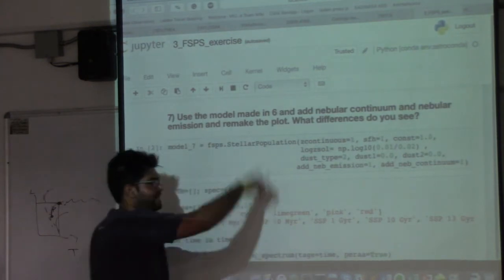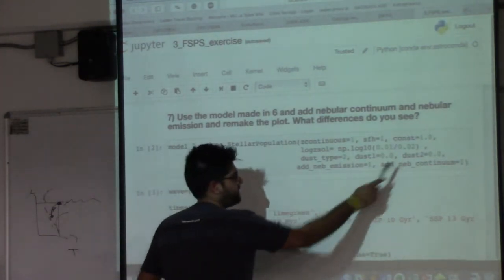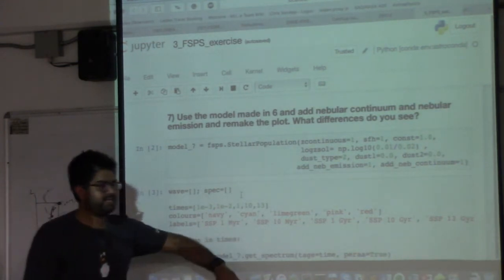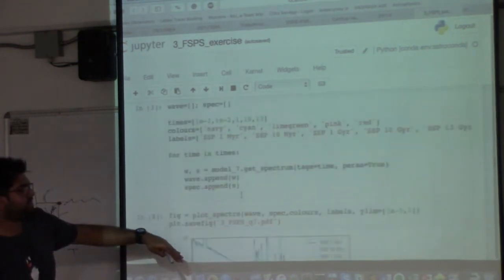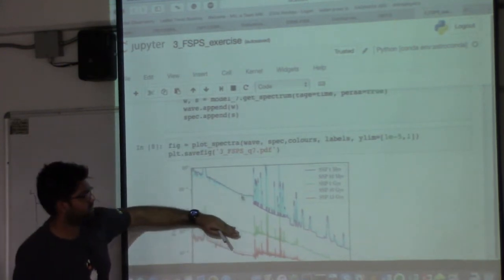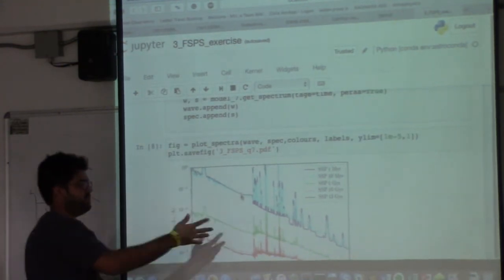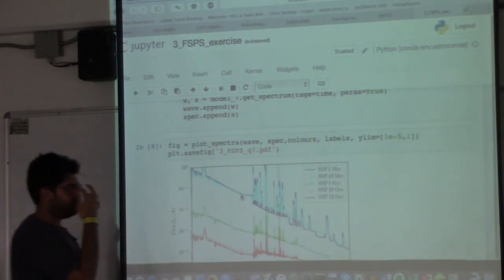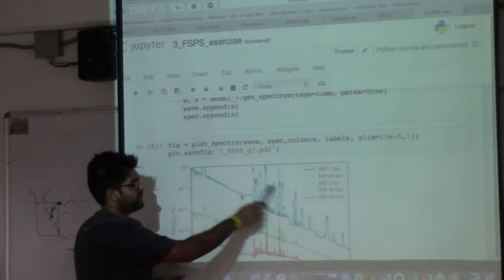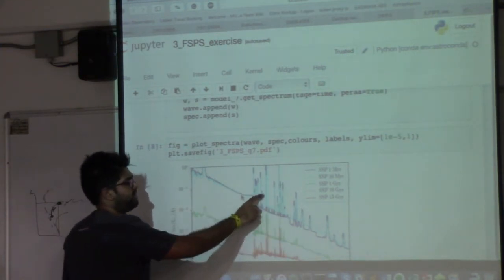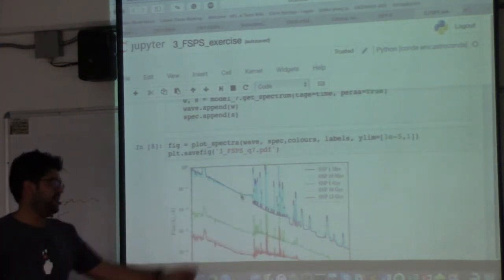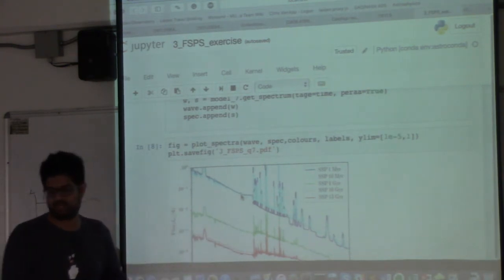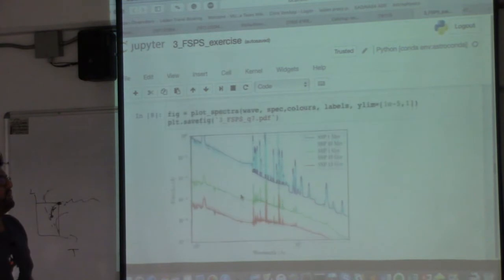Emission means the lines. Continuum means the continuum coming from the nebula H2 regions. If you only add the continuum, it will just increase the flatness by a tiny little bit. You need to put in emission to actually see the emission coming out as well. So when you look at a galaxy spectrum, you normally look into these regions to identify different elements,